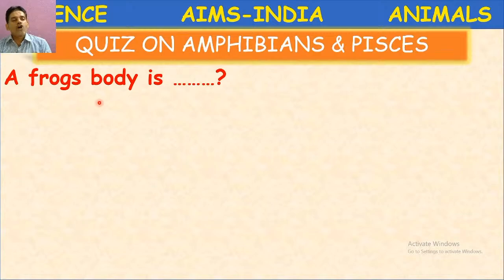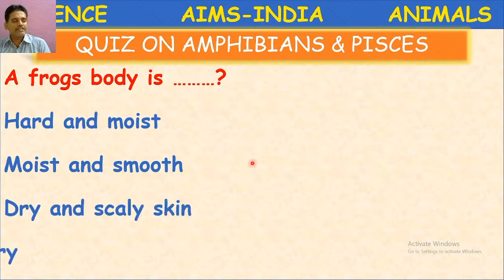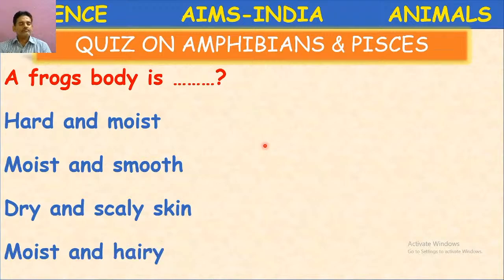A frog's body is hard and moist, moist and smooth, dry and scaly skin, moist and hairy. So frog skin, as we discussed, what is the correct answer, children? Yes, it is moist and smooth. Moist and smooth, so that it can undergo the respiration. When it is in water, a frog respires through skin. To respire through skin, the skin must be moist and smooth. Next,